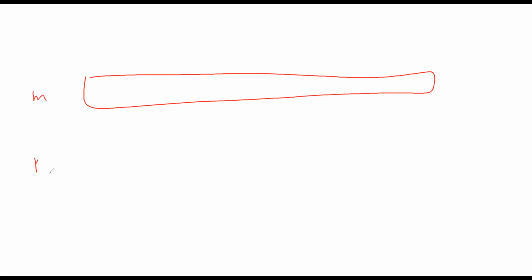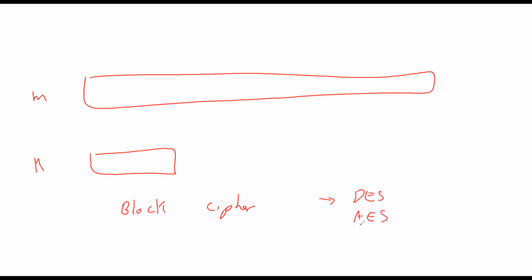And then we have a key, but the key cannot be as long as the message because it's impractical. Therefore, we end up with systems where the length of the key is actually a lot smaller than the message. And that leads us to the idea of block ciphers or symmetric ciphers. And of these, as we advance, we will look at these two, DES and AES,